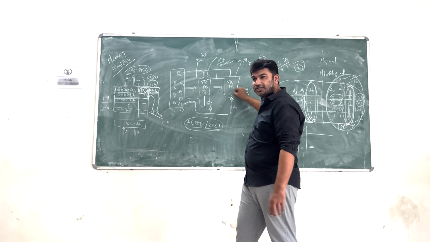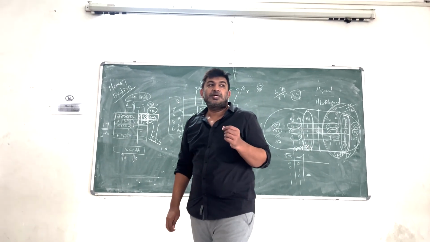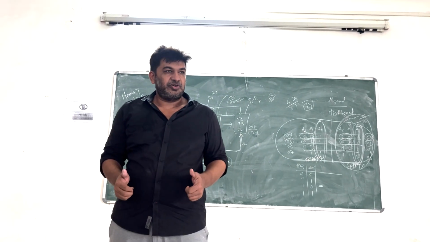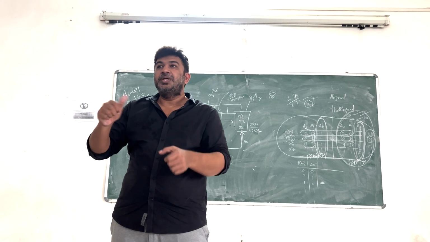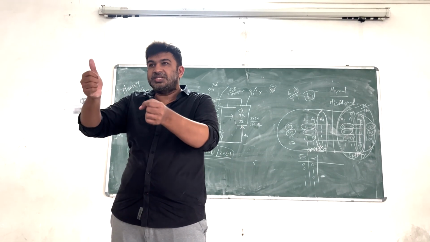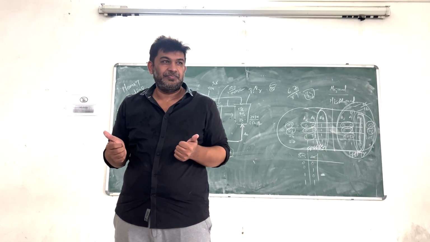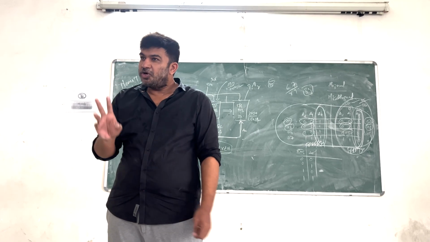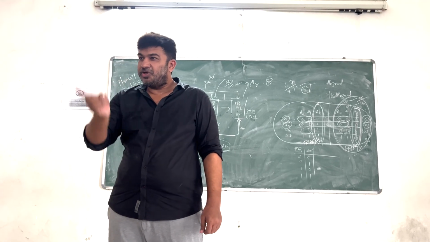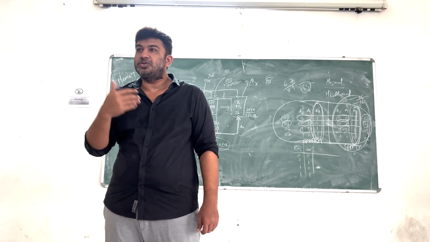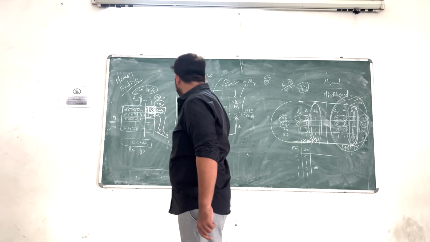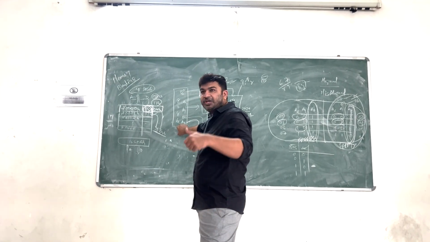But the problem is at any given point of time only one chip will get selected. There is never a chance when you can select both the chips. That is not possible. We want to select both the chips. We want to select an individual chip also. That is also our target. So a single input will not work.